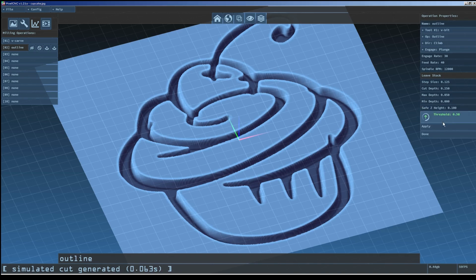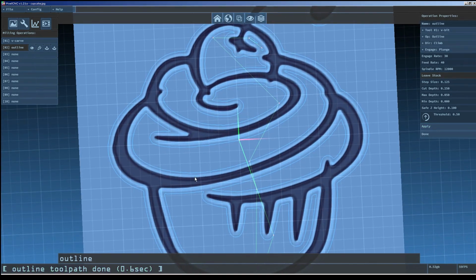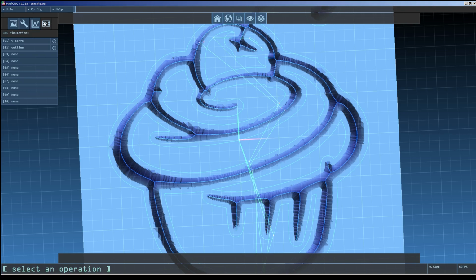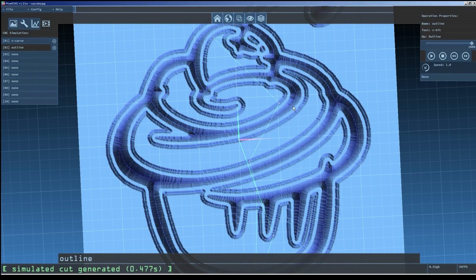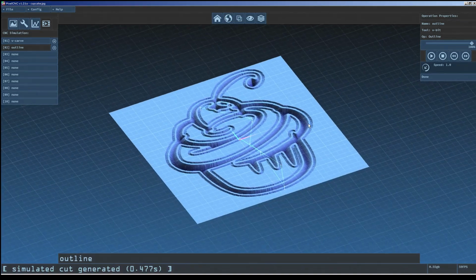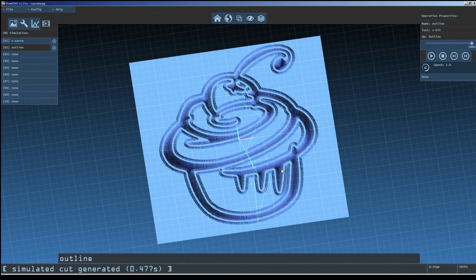The threshold value for our outline operation works the exact same way as with a medial-carve operation, specifying the threshold between light and dark to regard as our outline boundary. We'll keep this at 0.5. By hitting apply, our outline operation is created and its toolpath is generated. Returning to simulation mode, we can press the skip ahead button on our outline operation to see the sum total of both our operations. Our outline adds a nice groove that's 100 thousandths thick and a uniform distance from the